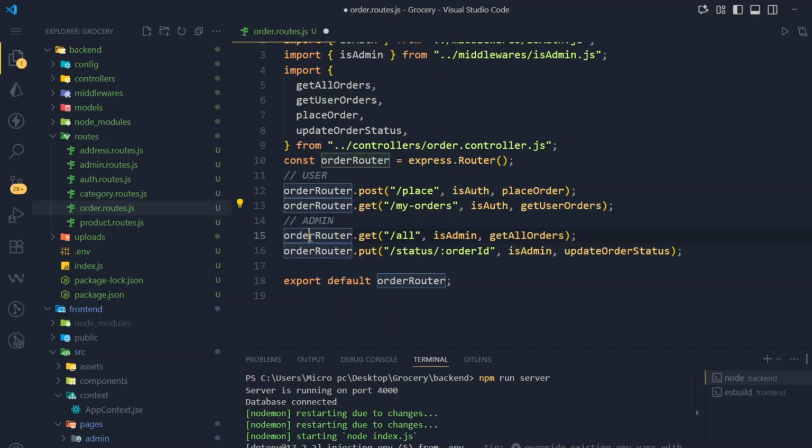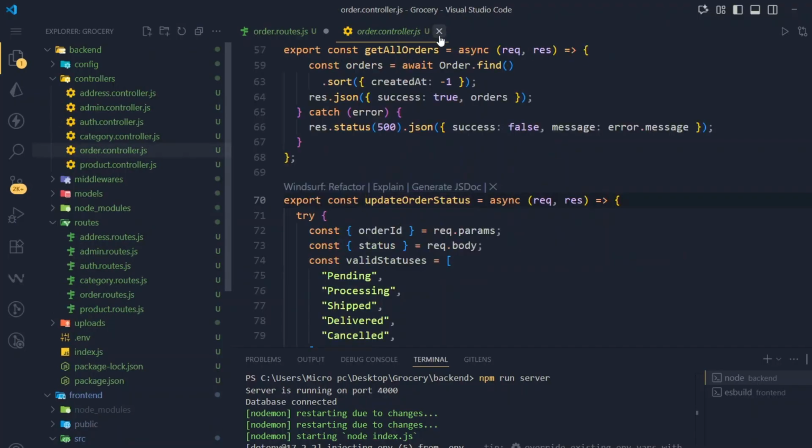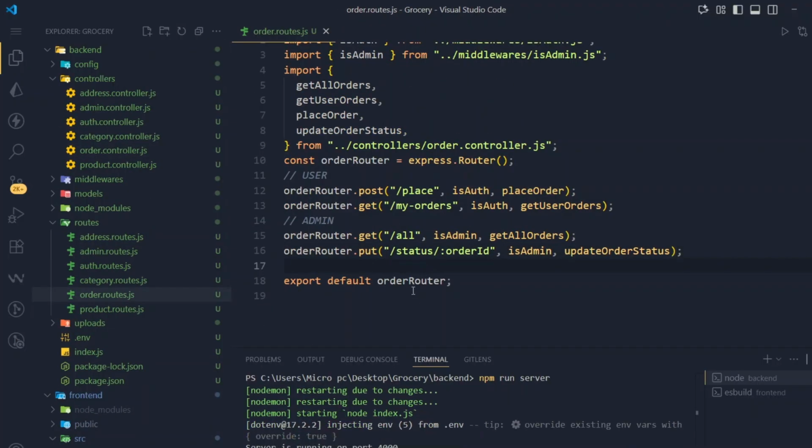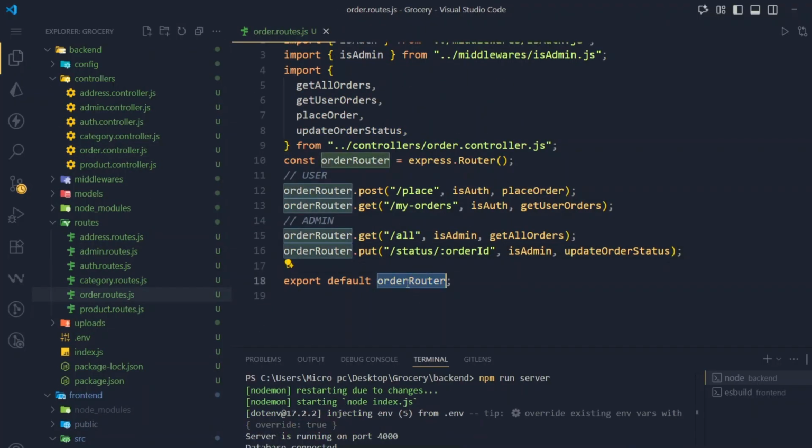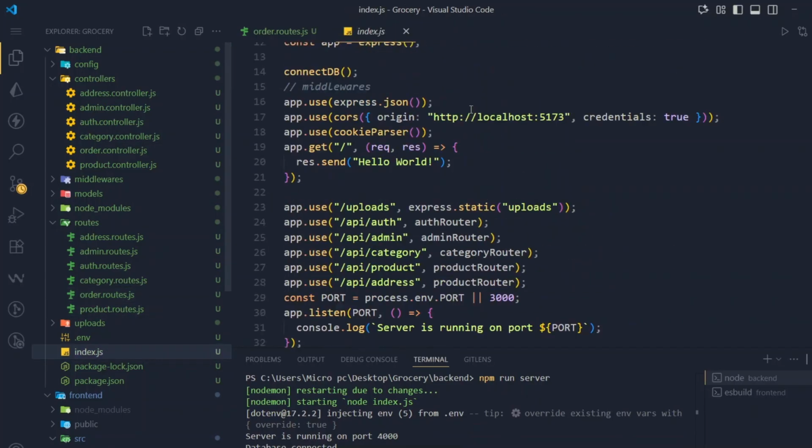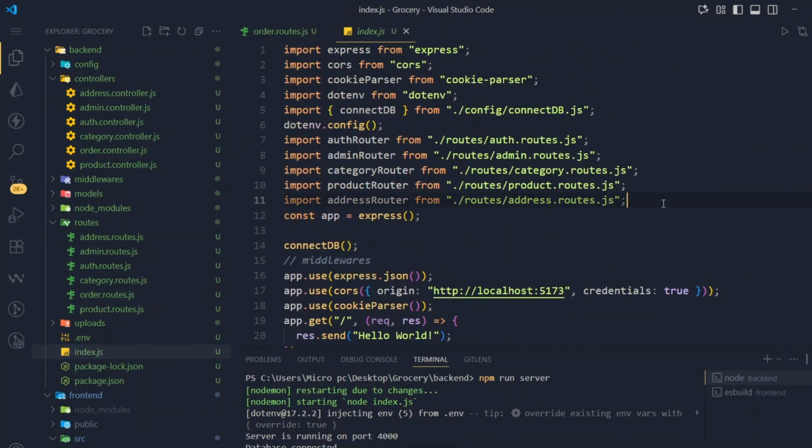is isAuth and getUserOrders. Here we have orderRouter.get, then slash all is isAdmin, then getAllOrders, orderRouter.put status orderId and isAdmin. It means only admin can change the status of the order. Then we have this function. Let me just open. You can see this is opening. Okay, this is done. I will just copy this, and inside our index.js we will just duplicate this address